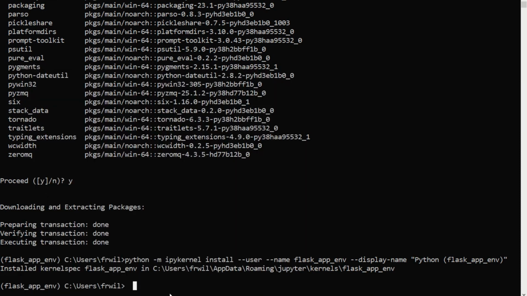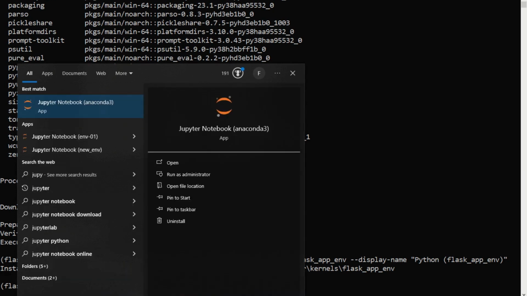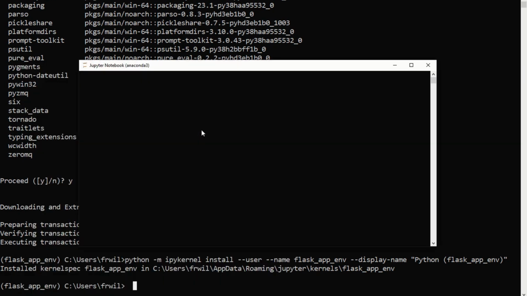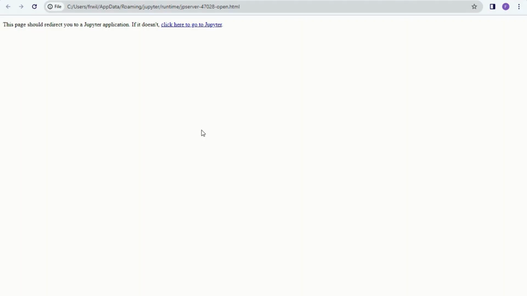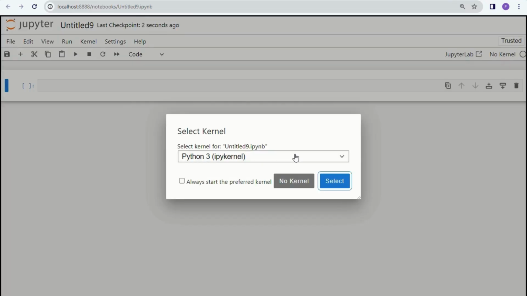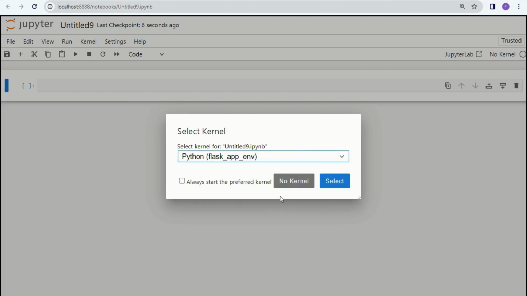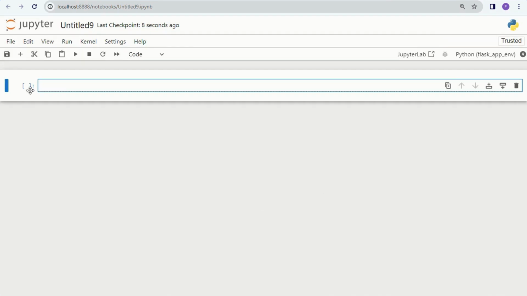So you can open your Jupyter notebook right here from the computer command line, just by typing in jupyter notebook. But then you kind of lose this element here. So what I'm going to do is just go directly to Jupyter notebook here, it's already installed on my computer. I'm going to open it up, and here I'll open up a workspace, or you can create a new workspace. Let's create a new workspace, and here you can select your kernel. Alright, so we select our kernel. Once we select the kernel,